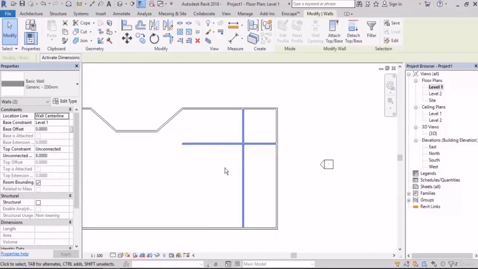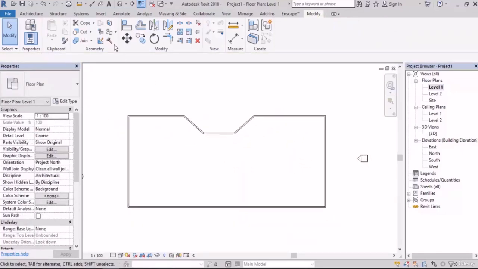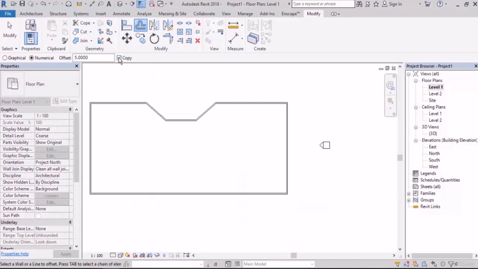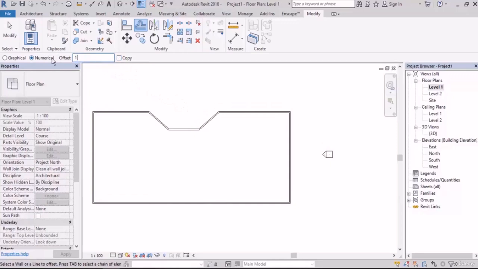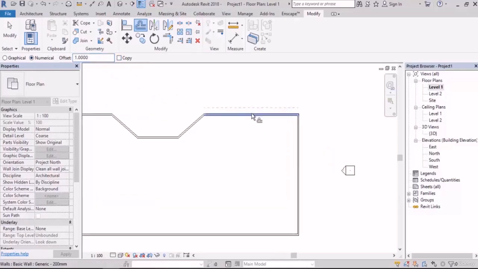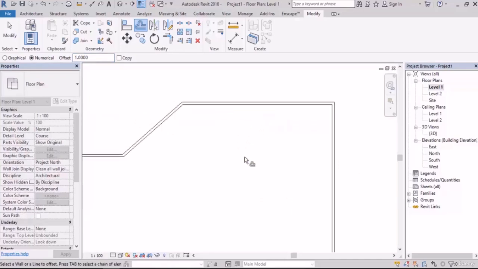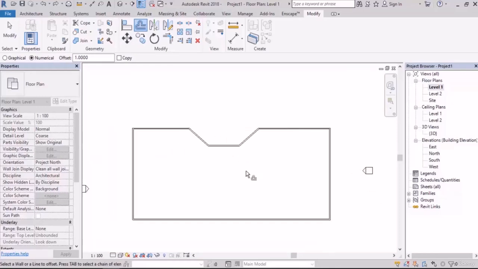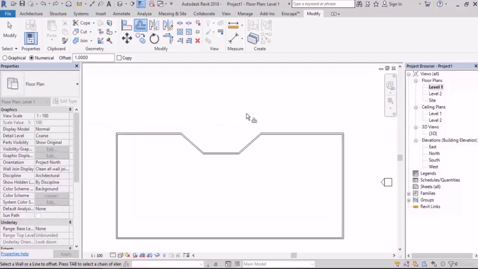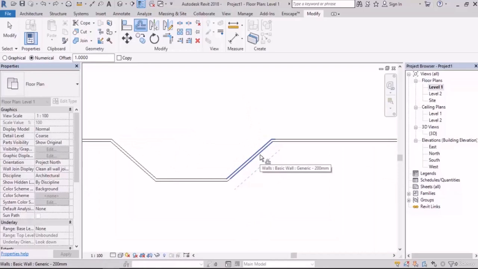The next thing in Revit that is so important is that you can deactivate the Copy option in here. So if you deactivate Copy and then, for example, enter an offset of 1 meter, as you see, the wall will be moved to the place that we have determined. And it can be so useful because it updates the walls around it. And you might think that it's not an interesting point because I could do it with scale or extend in AutoCAD. But tell me this, if I want to, for example, offset this wall from inside in Revit, as you can see,